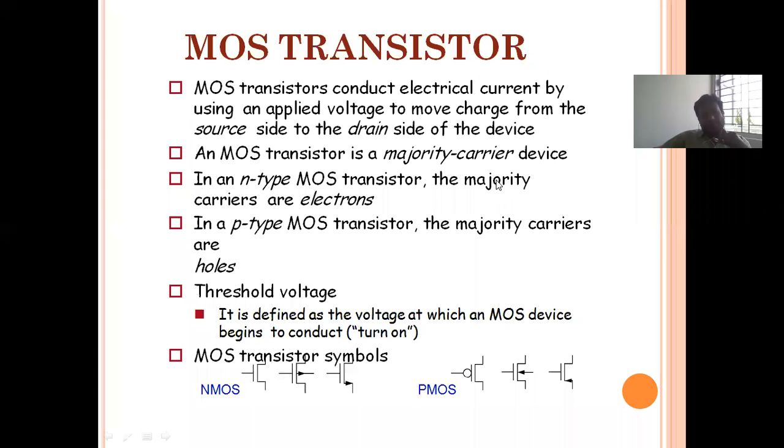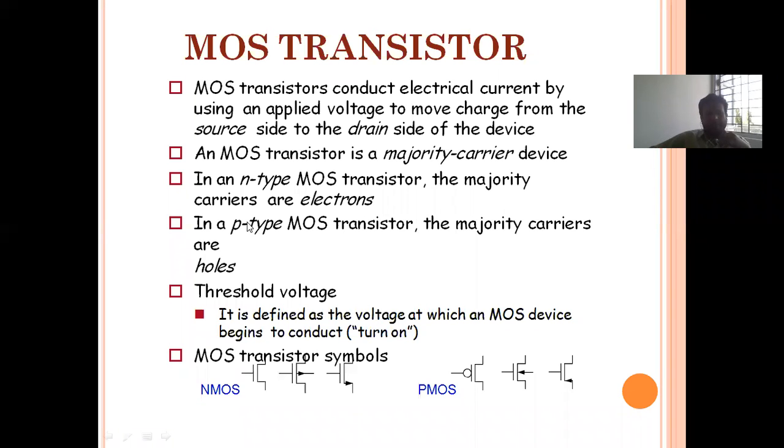In the N-type MOS transistor, the majority carriers are electrons, and in the P-type MOS transistor, the majority carriers are holes. And here, the threshold voltage is an important term whenever we have to operate that device. This term is very important because it decides the regions of operation of this device, like the cutoff region, saturation region, and non-saturation region, so it becomes possible to operate that transistor like an on switch or off switch.